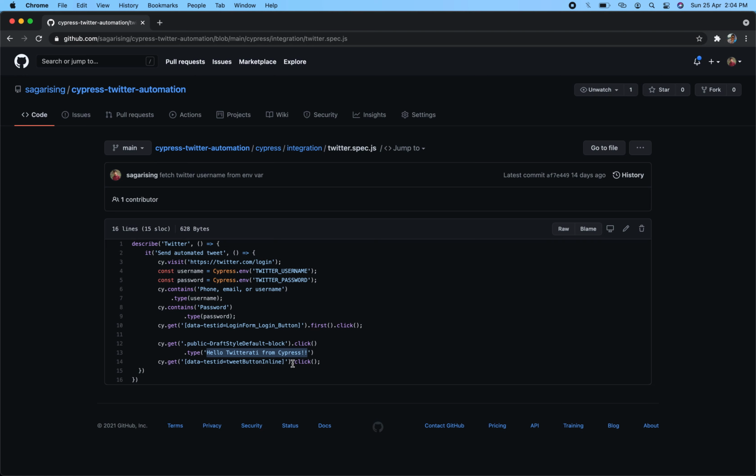So you see how simple and easy it is to write a Cypress script as compared to Selenium, because before this I sent out a video on YouTube where I discussed how you can send automated Facebook posts using Selenium, but I have to agree that it was a bit difficult, and I was struggling a lot while implementing it.